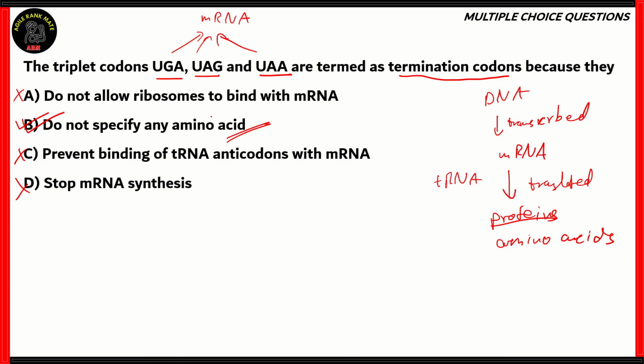So in the sequence, if the particular codon UGA or UAG or UAA comes into play, then that particular codon does not code for any amino acid. And when it does not code for any amino acid, the process of translation is stopped. Since these do not specify anything, there is no amino acid to attach onto this continuing structure, so the process of translation stops. Then it has to be restarted by the start codon. So therefore option B is the correct option.